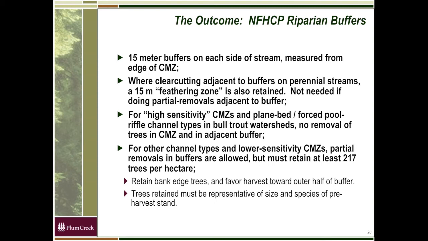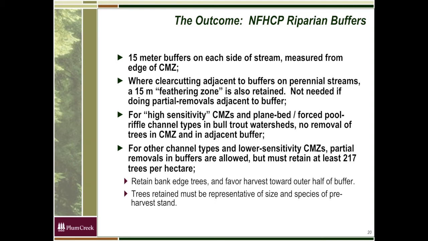No removal of trees in the CMZ and in the adjacent buffer. So that's our most restrictive prescription, and based on how we built that, there's not really much of a debatable thing. The fish are there, the structure's there, and so that's a good place for us to employ retention. For other channel types and lower sensitivity CMZs,